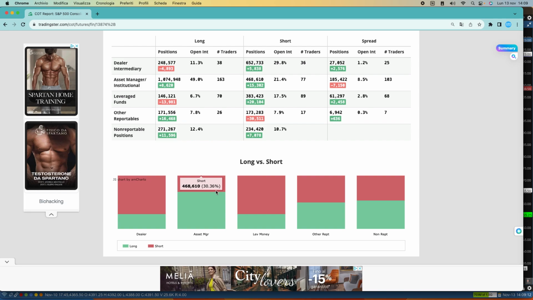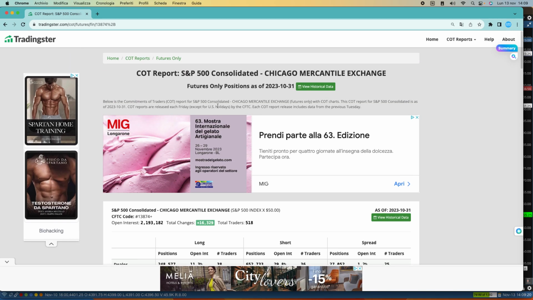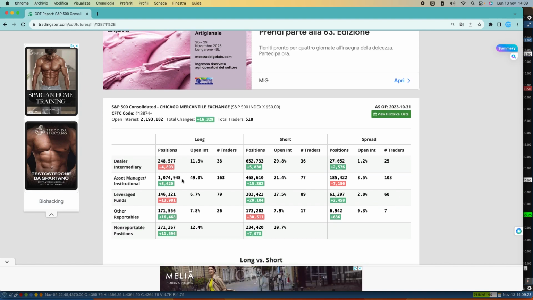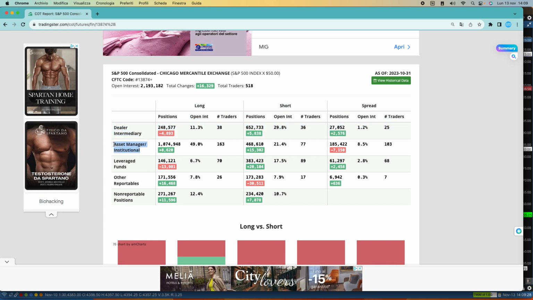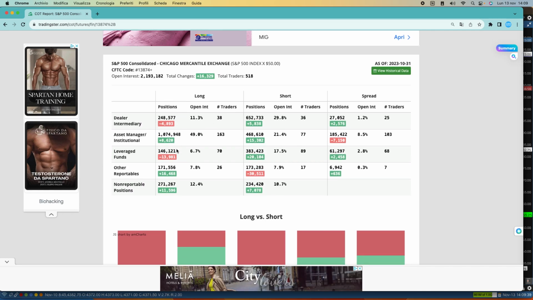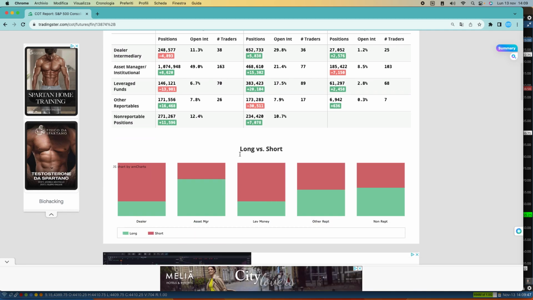If we look at the asset managers, which are the ones we have to care about, they increased long positions by 8,620 and also increased short positions by 50,000. The net position remains